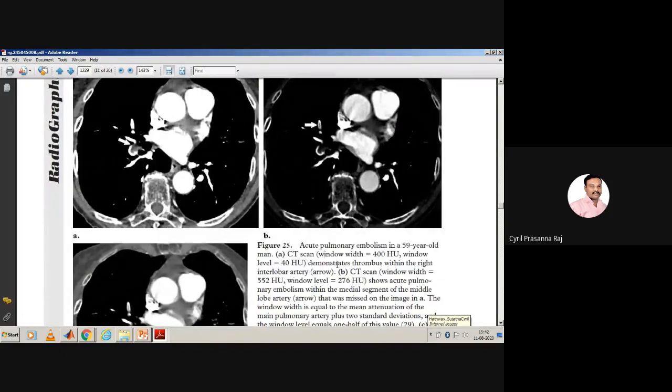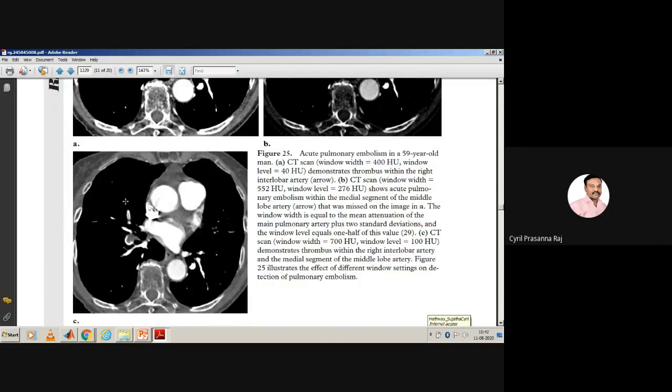Here they are showing the thrombus within the right intercostal artery. The CT scan shows accurate findings within the medial segment of the middle image that was missed on the image. So that means there is another important activity that has to be considered, so that you classify the image as a pulmonary embolism image or a non-pulmonary embolism image. Like that, they have